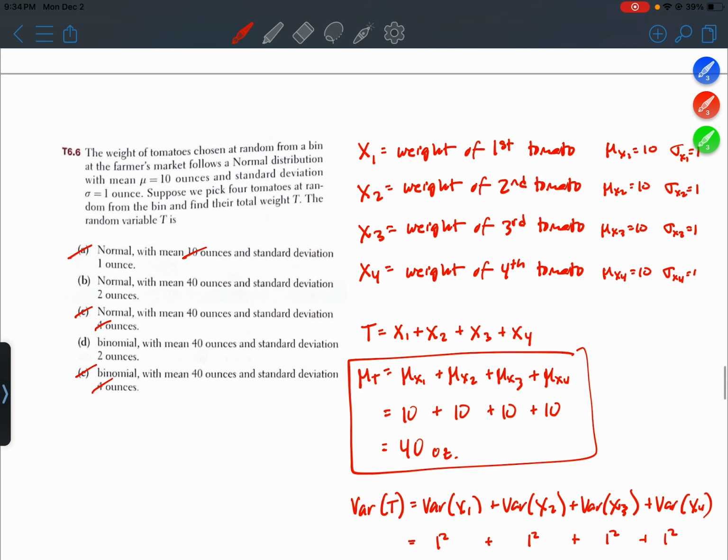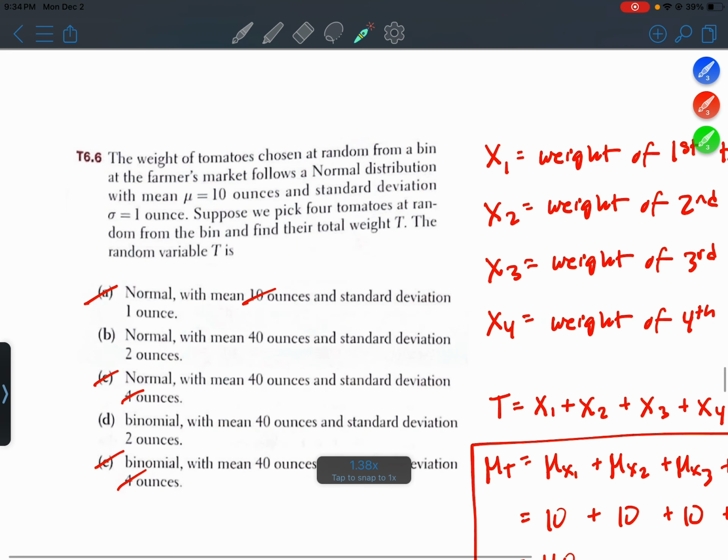Well, what sort of shape did we start with? We started with a distribution of tomatoes that was normally distributed. So if the population was normal, then the sum of these random variables should be normal as well. It's very strange to start with something normal and then end up with something binomial. That doesn't make a lot of sense. So the answer is going to be